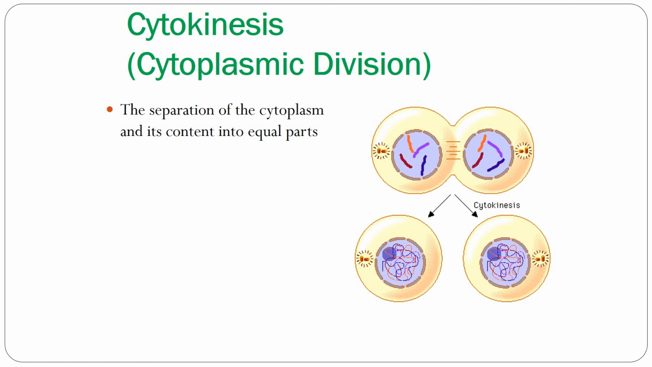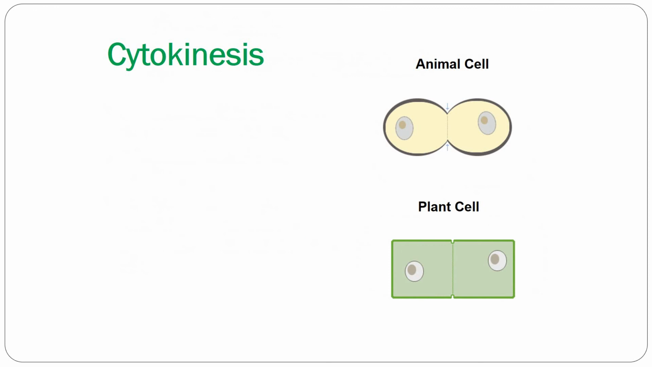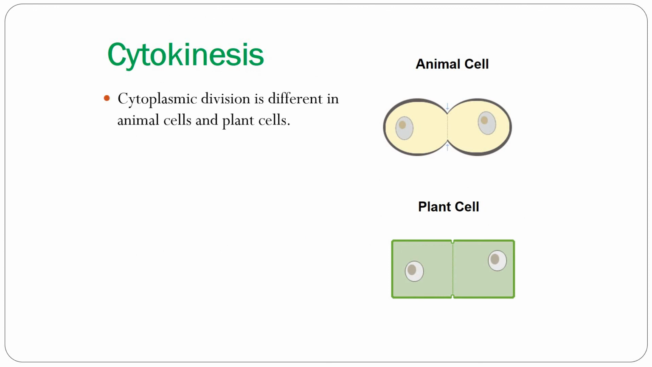And finally, we have cytokinesis, where it's strictly cytoplasmic division, and it's the cytoplasm and all the contents besides the nucleus, because the nucleus is the mitosis process, but your cytokinesis is everything else. And it starts before mitosis ends, at telophase. And about half the cytoplasm that contains half of the organelles goes to each of the daughter cells. And as they split up,